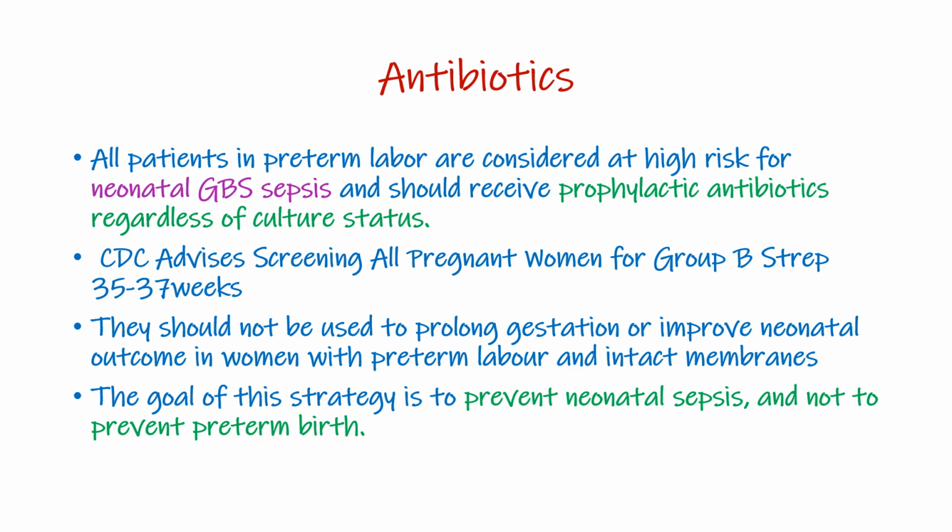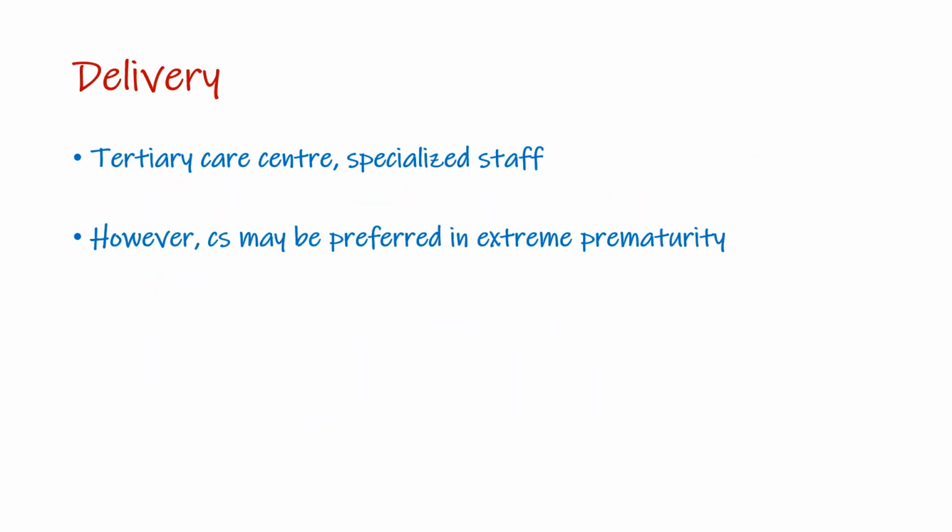Remember, the only thing that we can use to arrest the preterm labor is tocolysis. And the result of the mode of action of tocolysis is to inhibit contractions. So if we inhibit contractions, at least it will give us time to give antibiotics and also to give corticosteroids. So for delivery, a tertiary care center is where you need to deliver these kinds of patients, and you need specialized